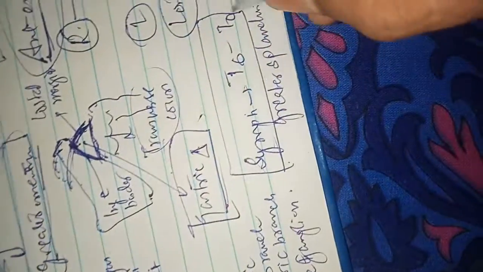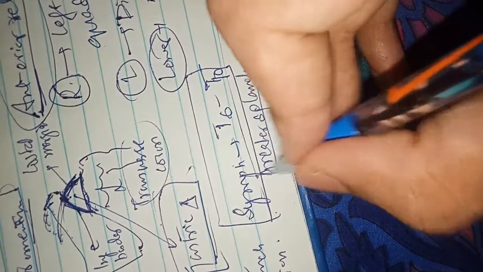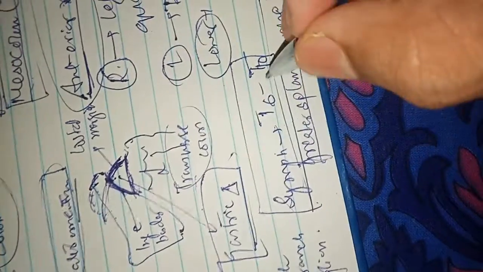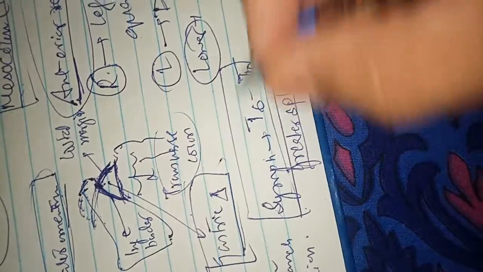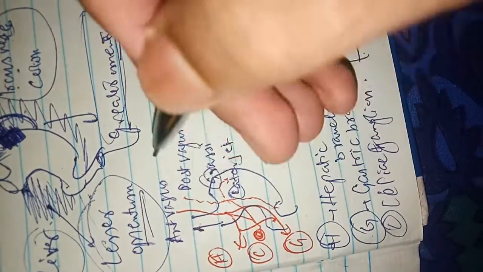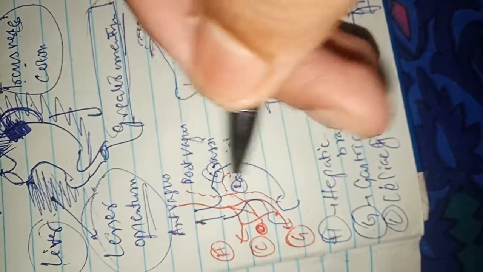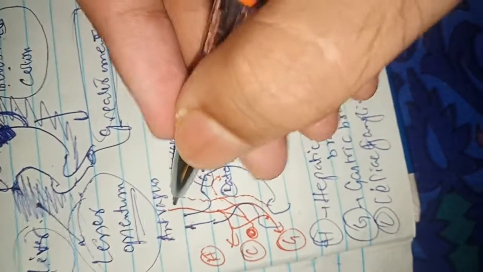Now coming to the nervous supply of the stomach. The sympathetic nerve plexus is from T6 to T10. So any pain in the stomach is referred to the T6 to T10 dermatome, so there is epigastric pain. And the parasympathetic supply, that is the gastric gland secretion, the acid secretion from the parietal cells, is all from the